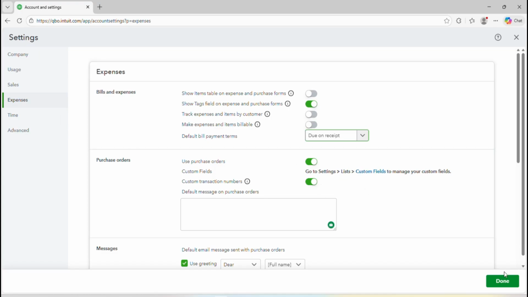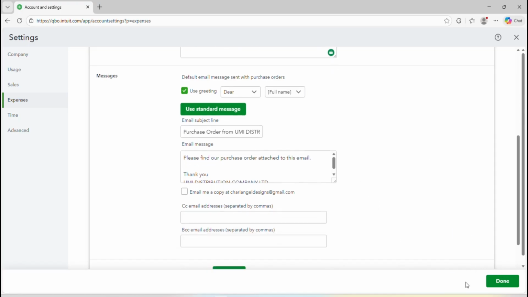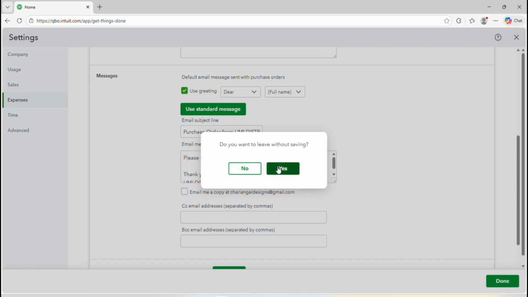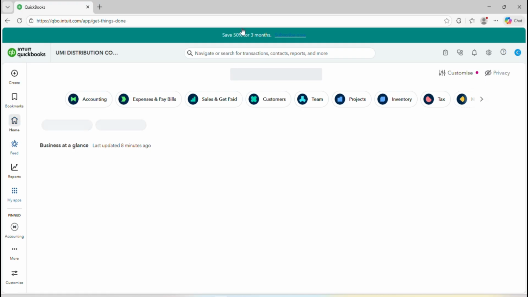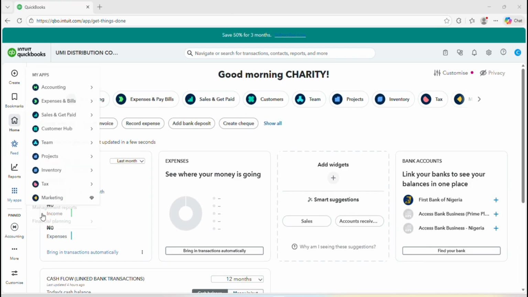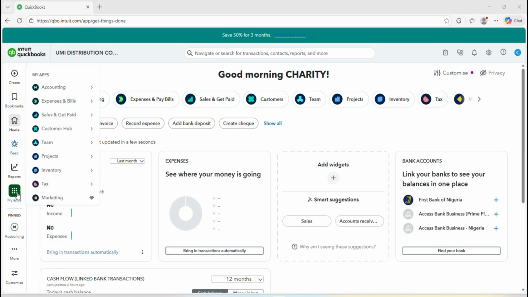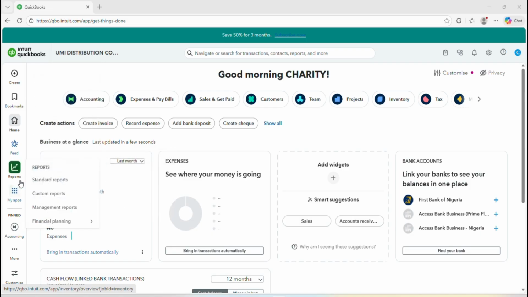Now when we are done, we can just go ahead and click done. Just click done. Right, click done and yes. So the next thing we are going to do is to add our inventory item. So what you are going to do is to come to your customers, right? So you come to your customers, right? So you can just see this arrow here where you are seeing my apps, right? So if you come to your customers,